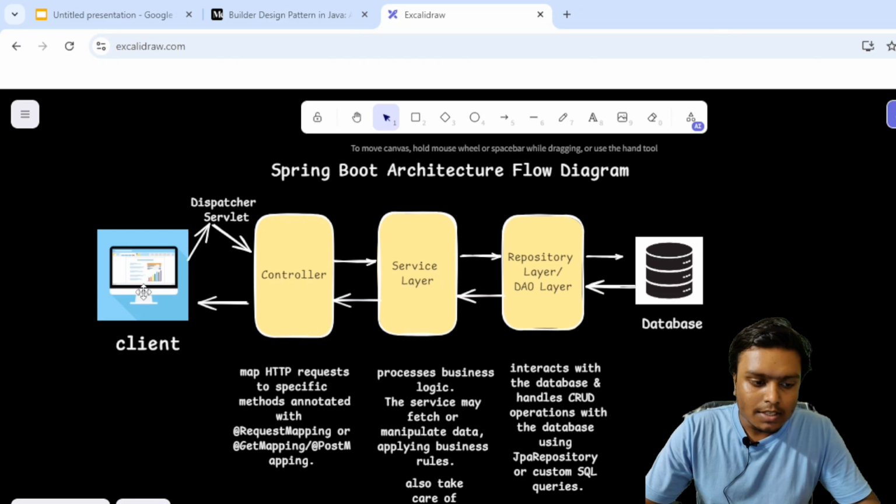Just understand it like this: the client is your browser from where the request originates. Once the request originates from the client, in Spring Boot the request reaches the DispatcherServlet. Now it's the responsibility of the DispatcherServlet to route the request to the specific controller. So let's say you have many controllers, it's the responsibility of the DispatcherServlet to route the request to the specific